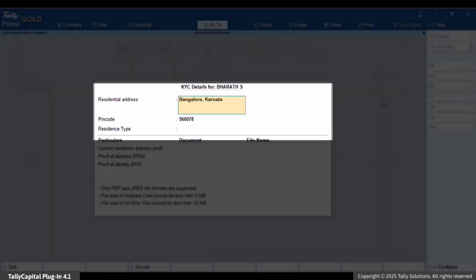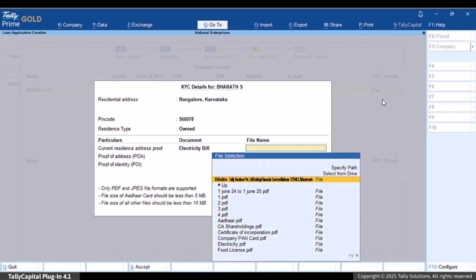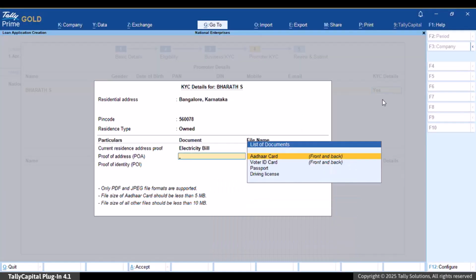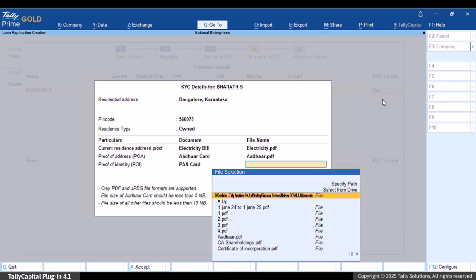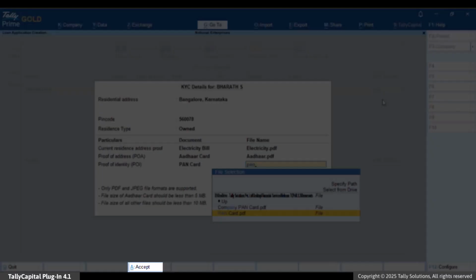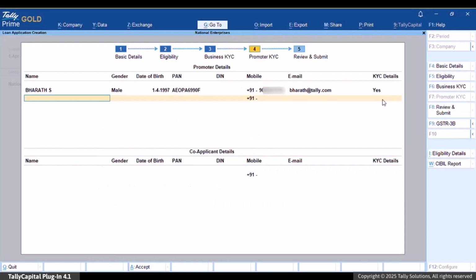Enter the residential address and PIN code and select the residence type from the list of residence types. Submit the required documents in the Promoter KYC section. Press Ctrl A to save the KYC details for the promoter.